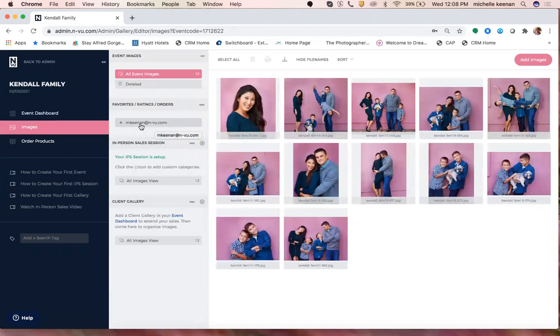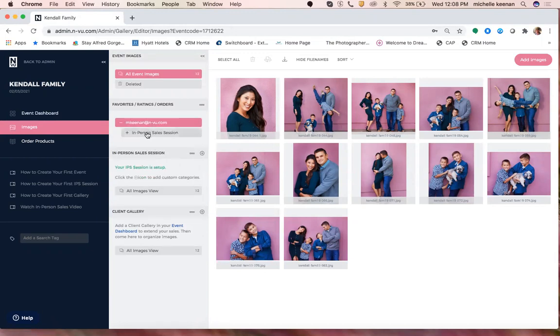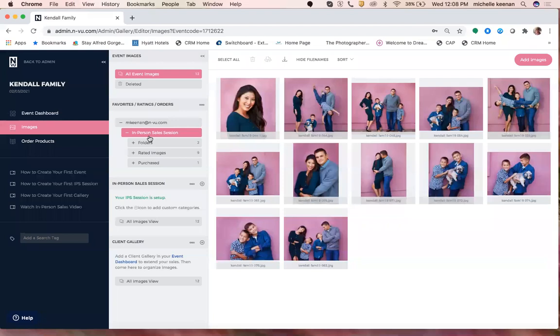Here you see the email address. So that was your client that you just did the sale from. You have your in-person sales session. So if it was a client gallery, it would say client gallery, and you'll see that later. And that is tied to that specific email address. And that is the key. The email address stays with that client along the whole process with all the actions that's been taken with that